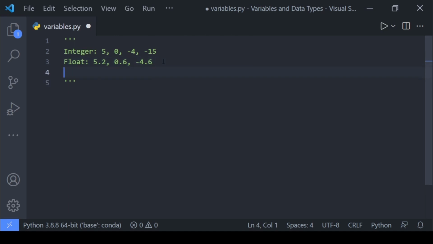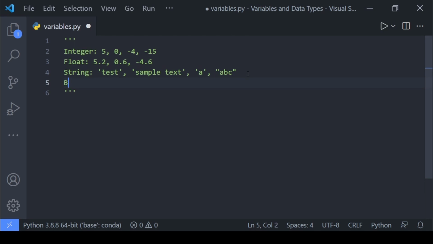There are also strings, and they are basically text. Any text you can imagine, for example, test or sample text. These are all strings, or it can be any single character as well. So let's say A. This is a string as well in Python, or these can also be inside double quotes, so ABC. This is also a string. In Python, a double quote or a single quote doesn't really matter.